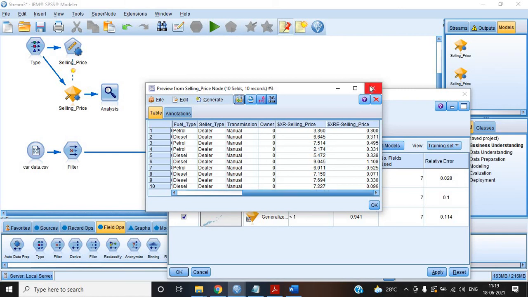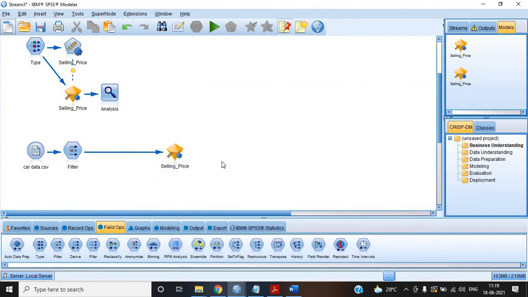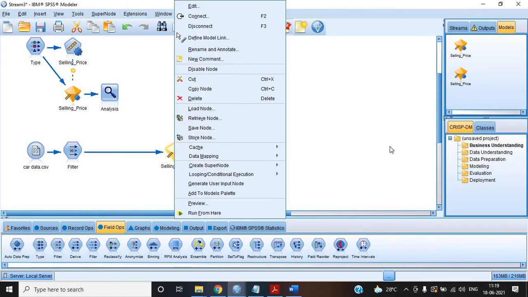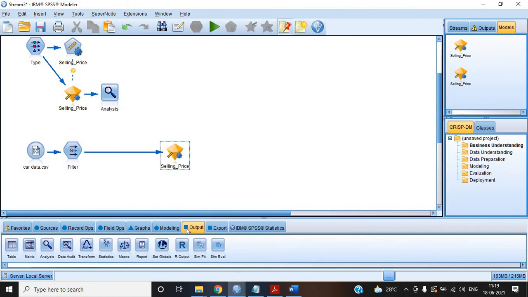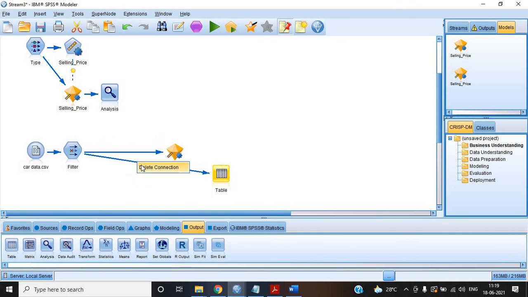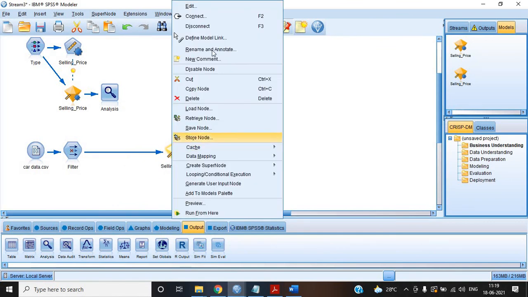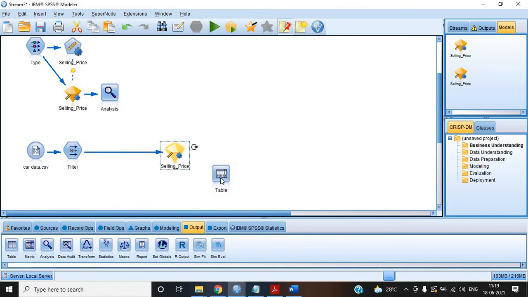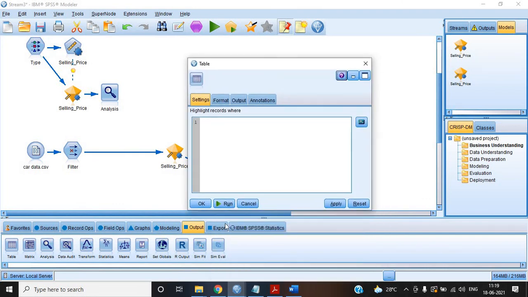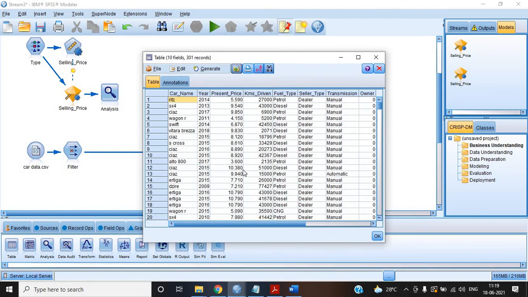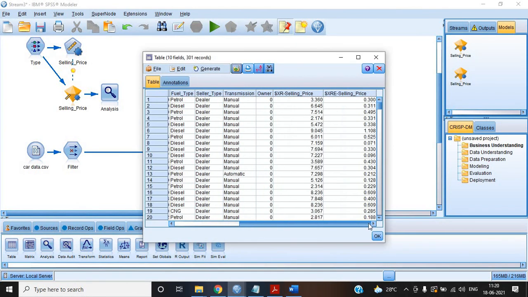For the defined models, it uses predicted price. XR is the error, and XR is the selling price. So how much is the error? It's also calculating. Let's check. Then let's put in a table and check it. Okay, let's run it.